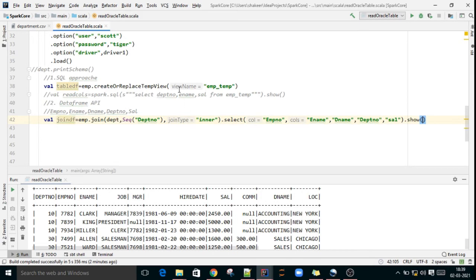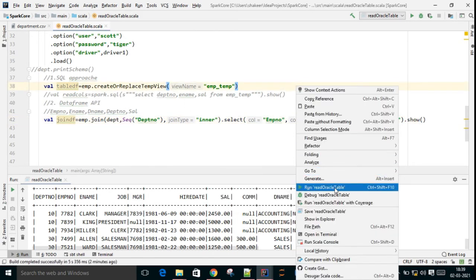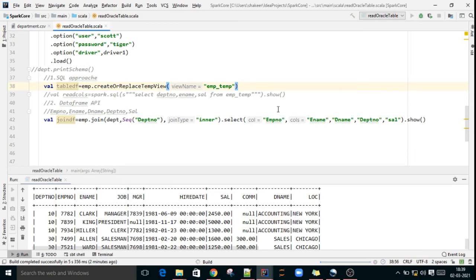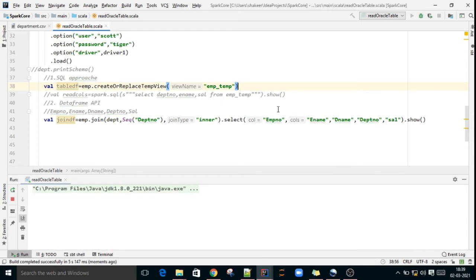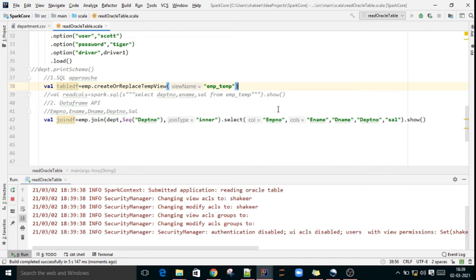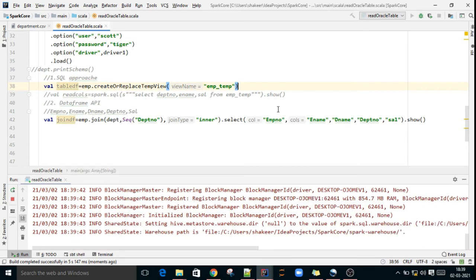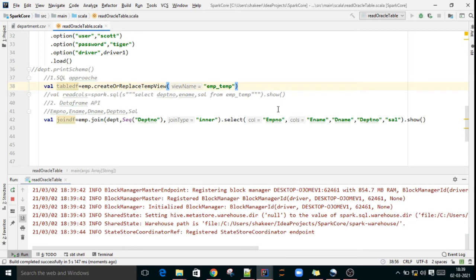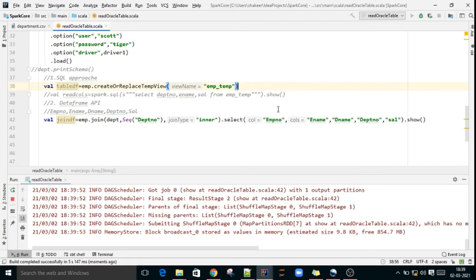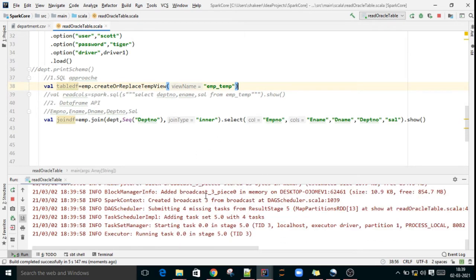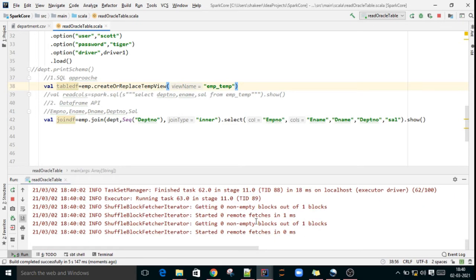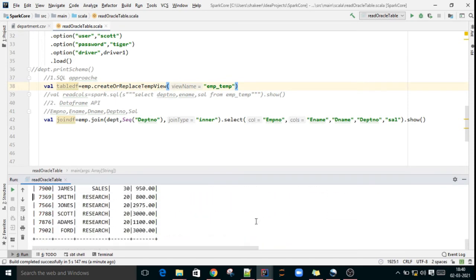Dot show. See here, only the required columns it is fetching.